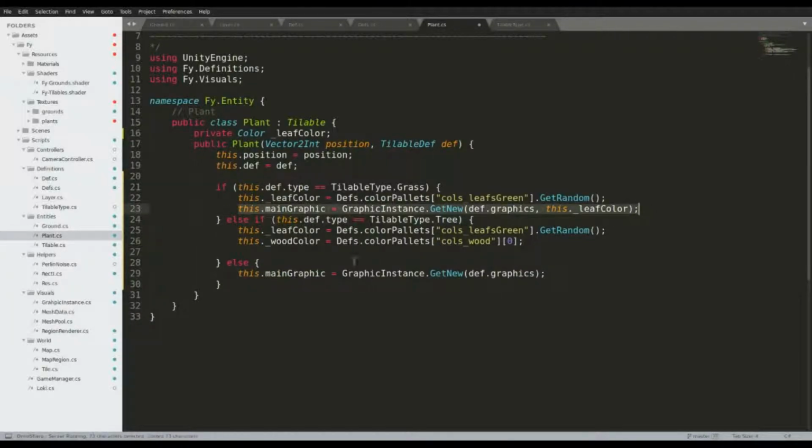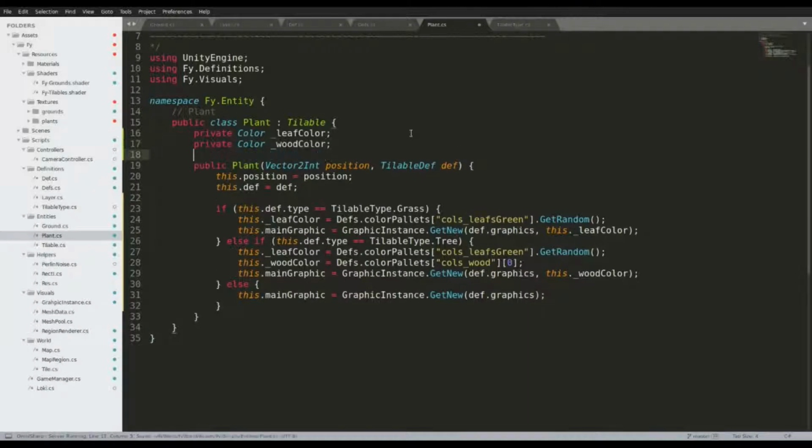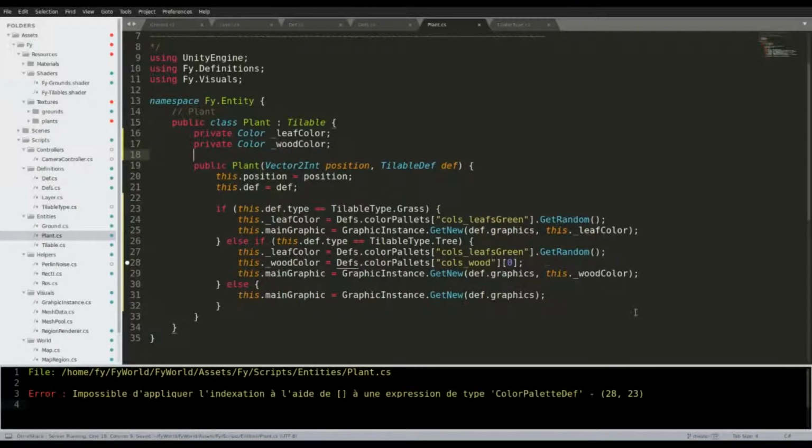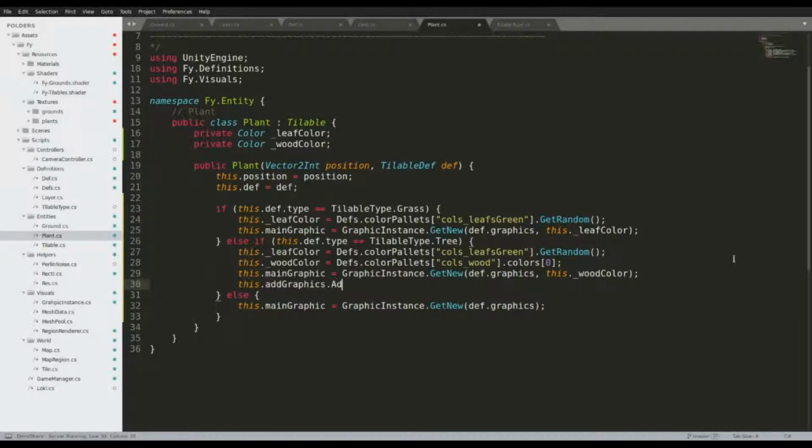And so the main graphic is going to be the tree base. So we want this to be the color of wood. Oh yeah, it's red color. And we also want to add graphics.add